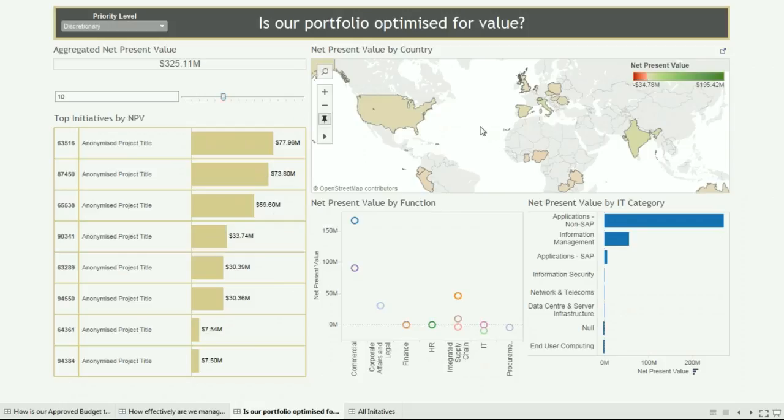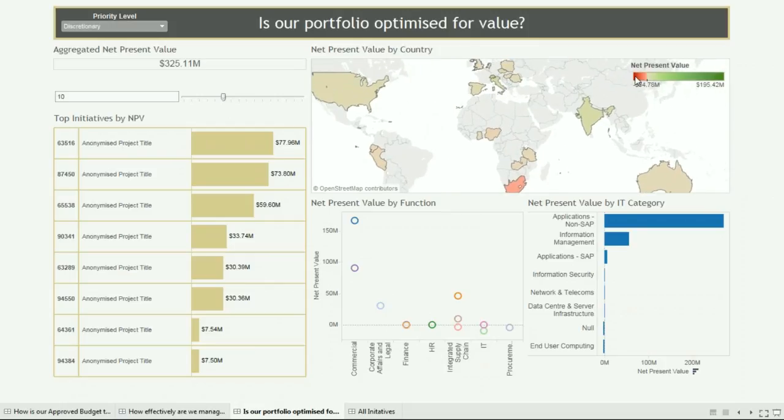On the right-hand side, we then have what we call a heat map, which is effectively that scale that you see here that I'm hovering over around good net present value within our countries or not so good net present value. So we can see some good examples like India, Italy, Czech Republic are kind of on the green side, and then we've got some countries a bit further below on the red shade. We can also start to then view this by business function. So the overall net present value, we can see that a lot of the benefits are largely within our commercial function, as we'd largely expect.